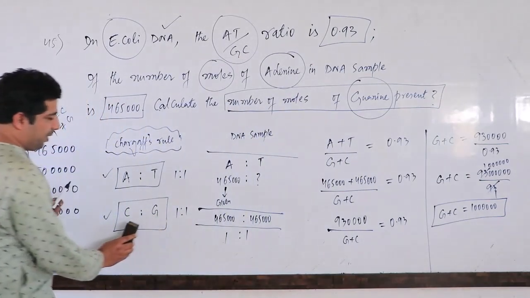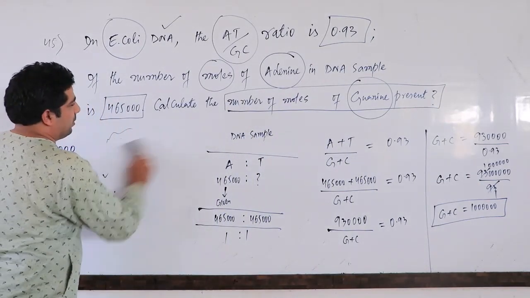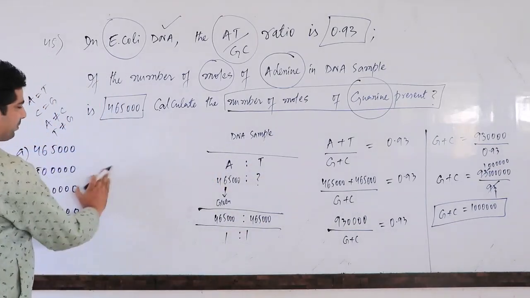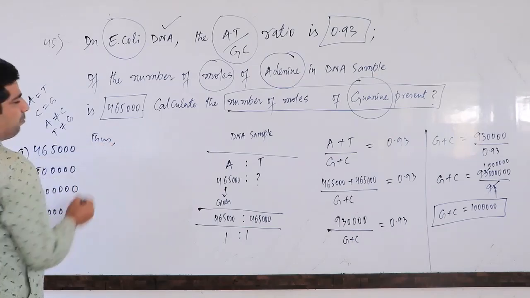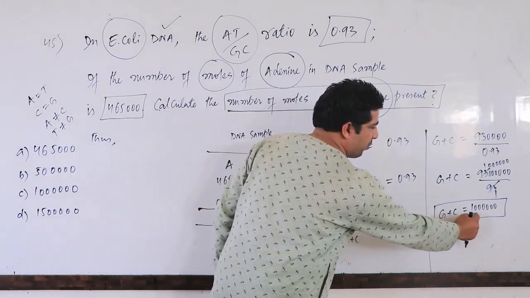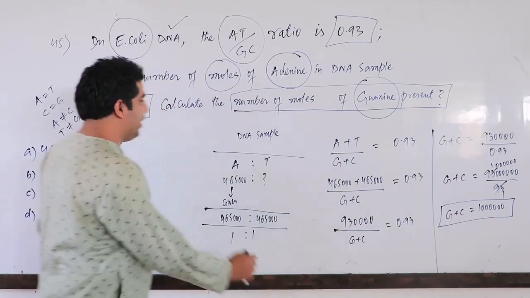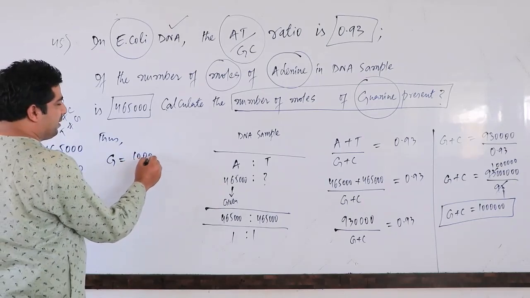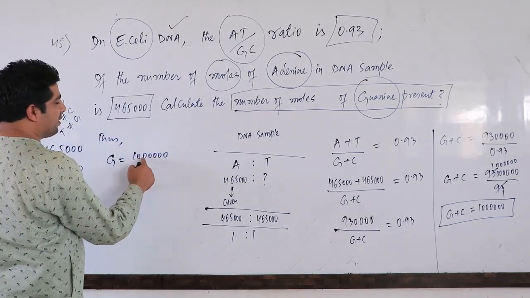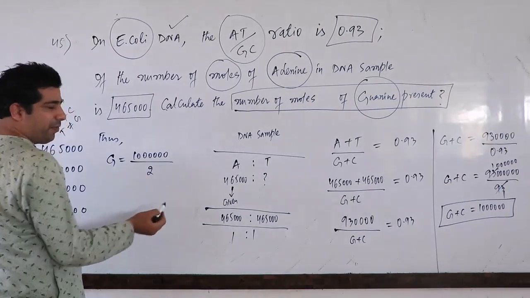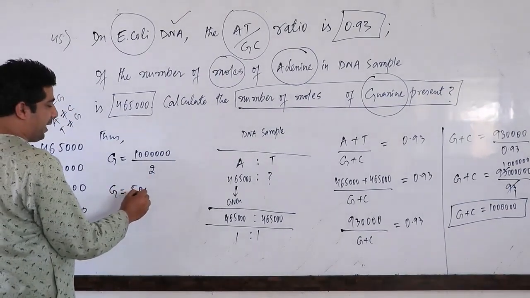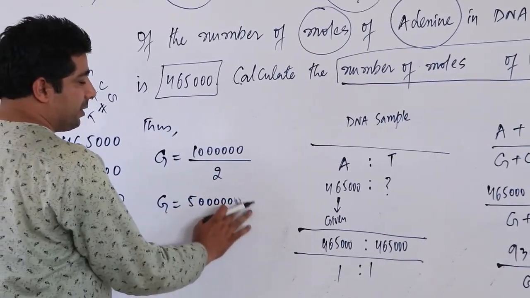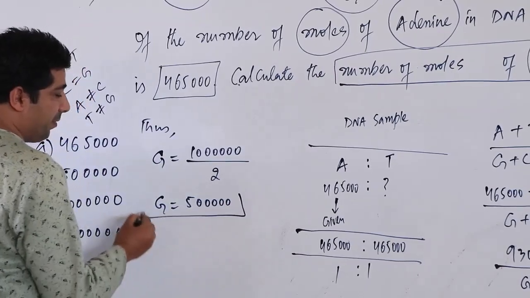So I will remove this part here. I will take that G plus C value. G plus C together are equal to 10 lakh. What will G be equal to? G will be equal to half of that 10 lakh. That is, ones, tens, 100, 1,000, tens, and lakh, 10 lakh upon 2. Half of it. So it will be 5 lakh. Ones, tens, 100, 1,000, tens, and lakh, 10 lakh. So just 5 lakh I need here. So G will be 5 lakh.